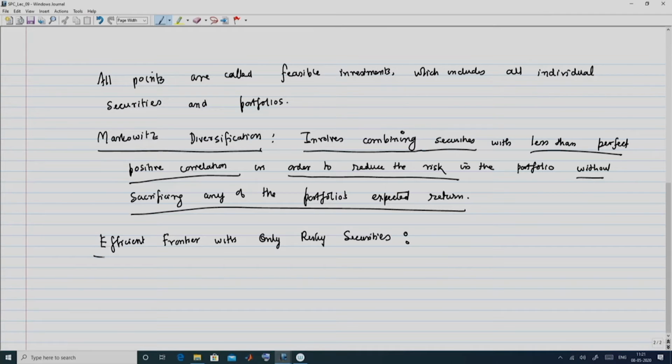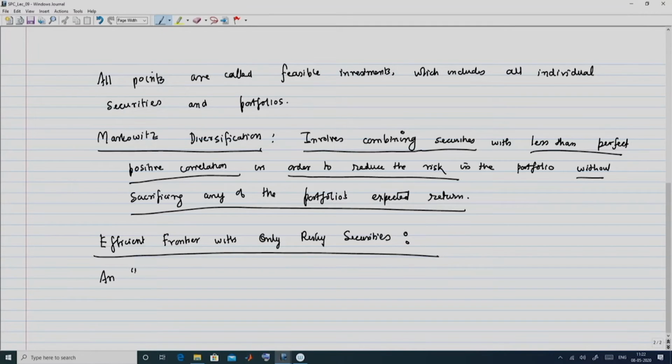So, the reason we specify risky securities is because eventually we will talk about an efficient frontier with risky securities along with a risk free security. However, for the time being we will just focus on the portfolio of n number of risky securities. So, accordingly, we define an efficient frontier